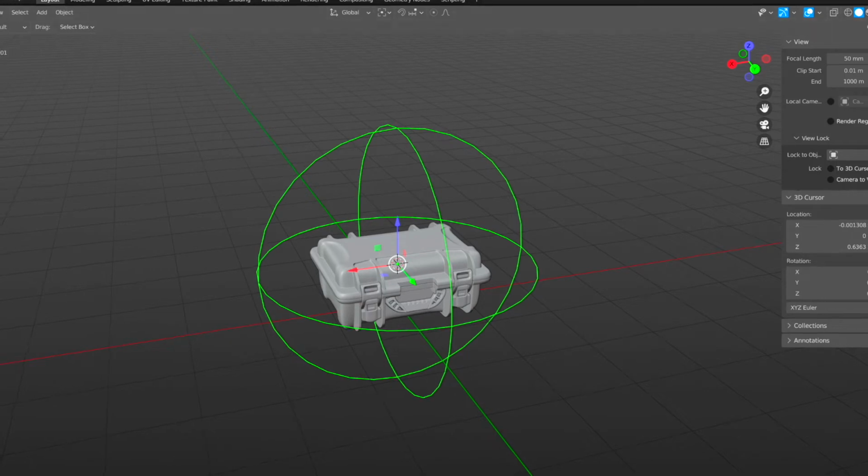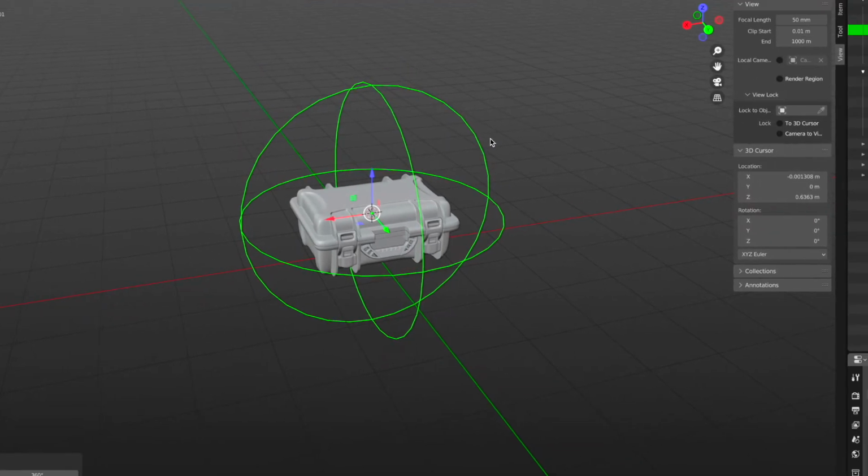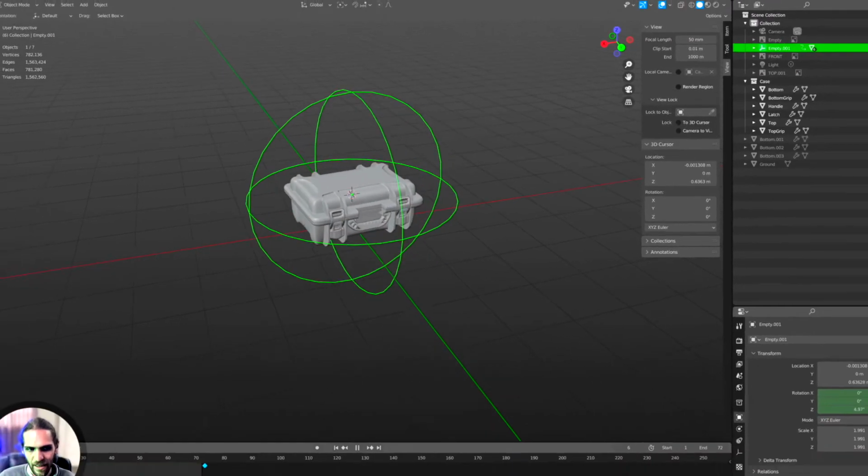Now if I put this at frame 72, it means at frame 72 my object would be back here again, and when I get to the end of my video, I'm going to have a double frame on this position, which is why I place this keyframe in frame 73. So press I again and rotation. Great stuff. Then when I press play,